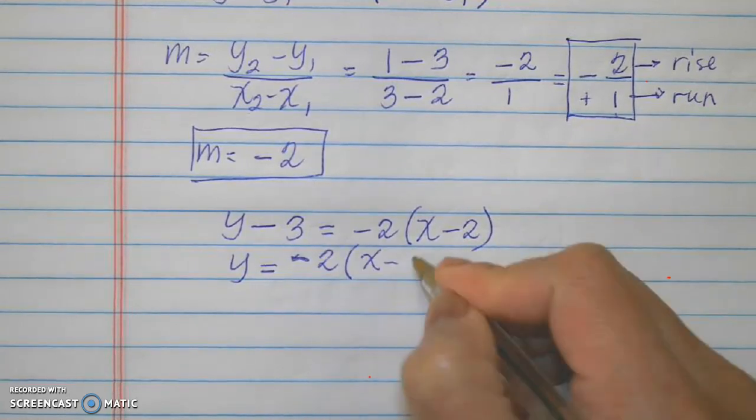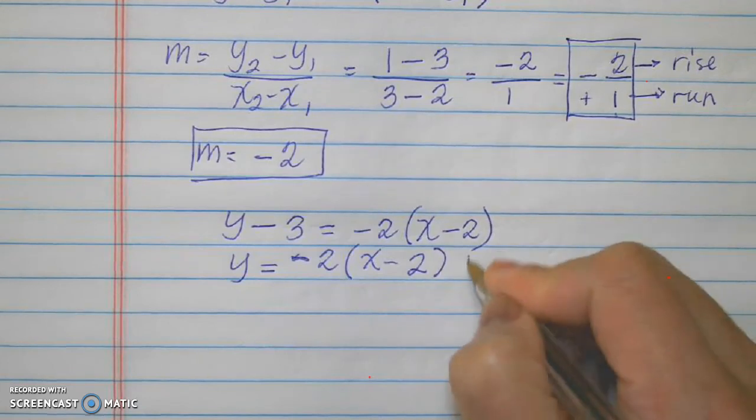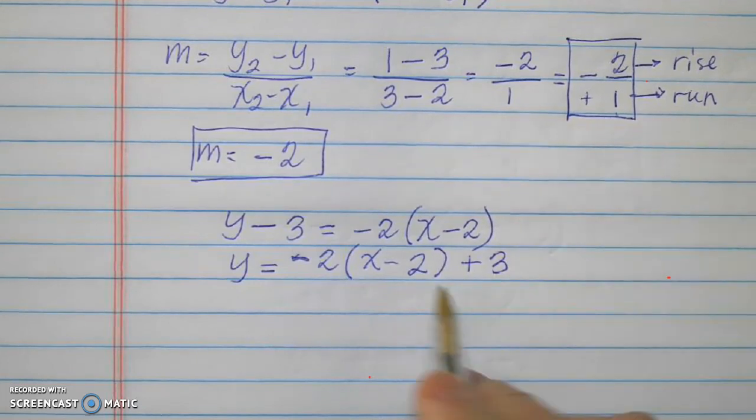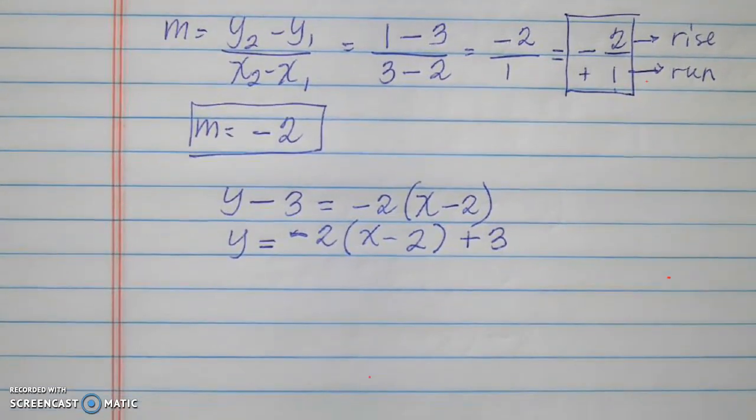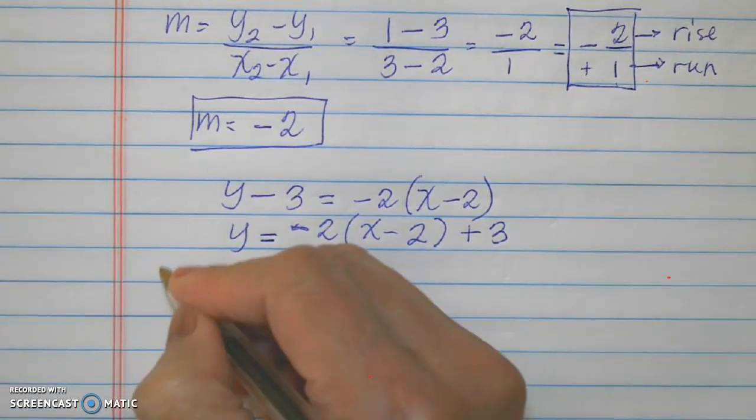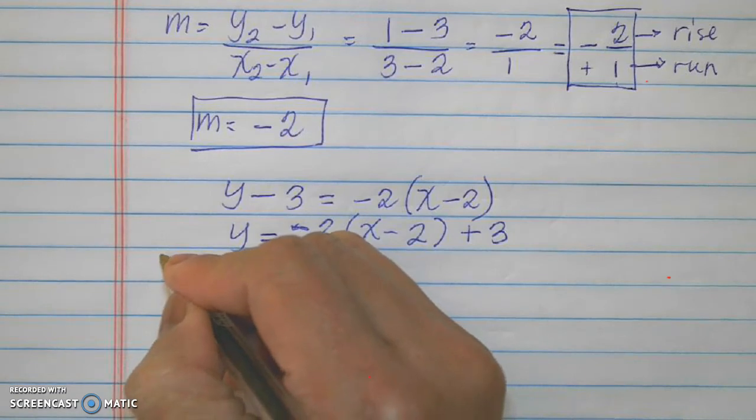X minus 2. This goes to the other side, so that is plus 3, but outside the parentheses. That's your equation. However, if you want to extend this and put it in slope-intercept form,